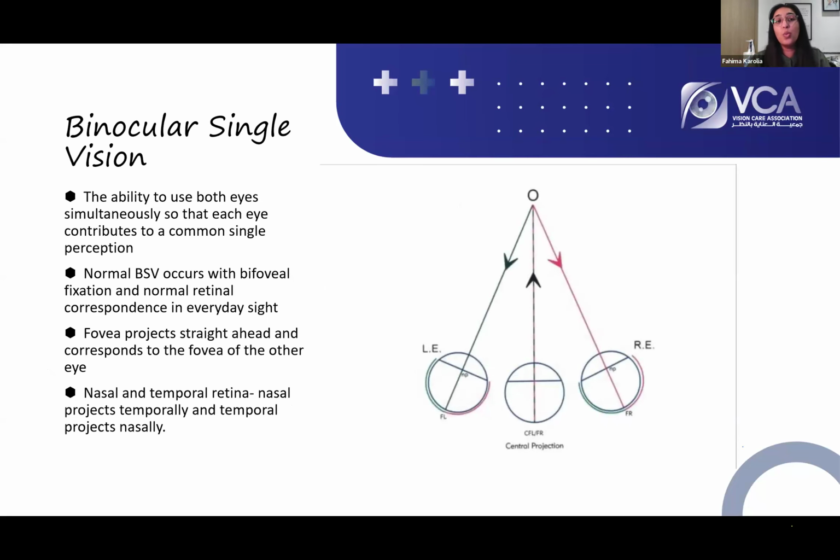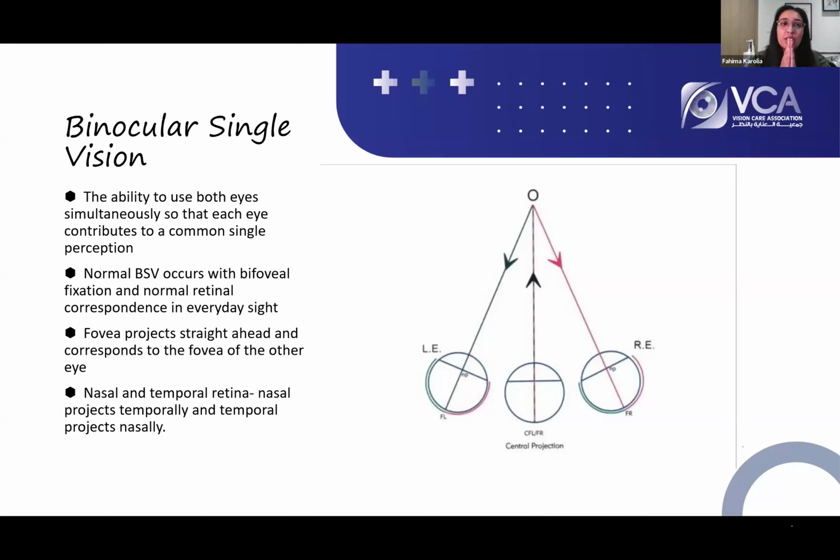So firstly, what is binocular single vision? Well, it's in the name, isn't it? We want to use two eyes, but we want to see one image. Nice and easy. How do we do that? Because our eyes are not in the same position. One eye's here, one eye's here. Now,